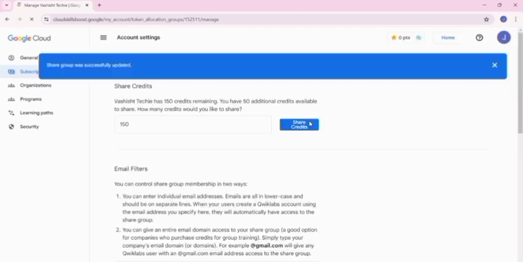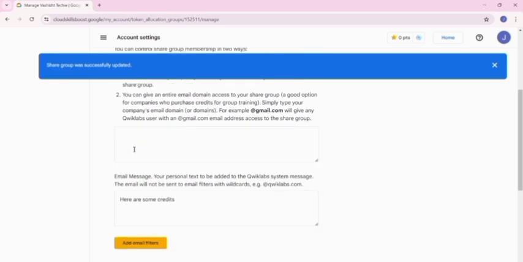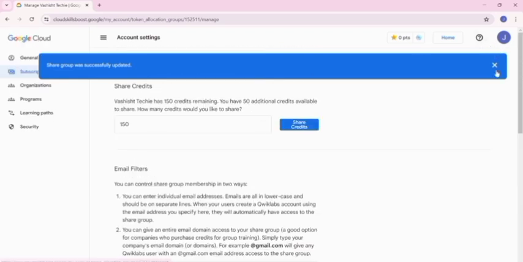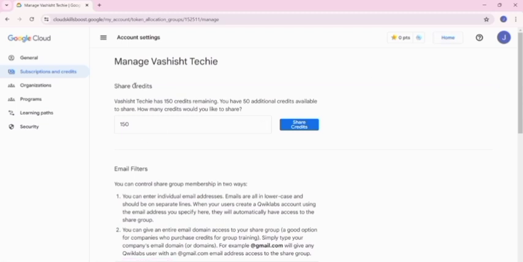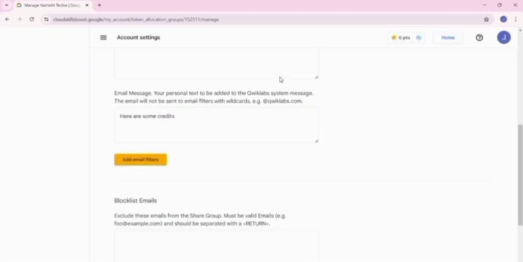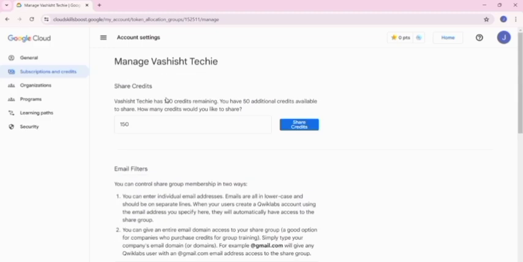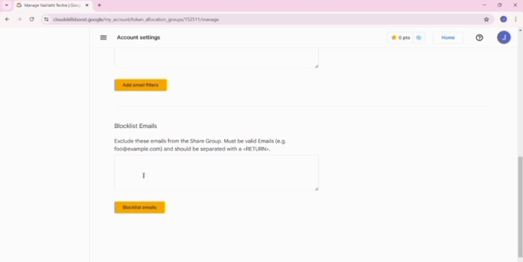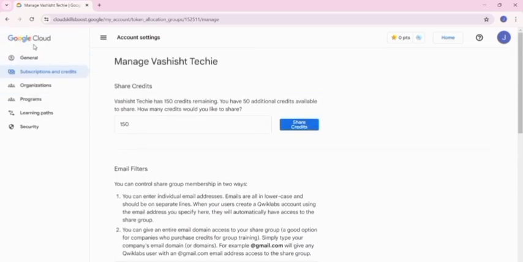This message will be given once you get the checkout box that marks that you have transferred 150 credits to the respective person. If you want to distribute to a different person, then you can again check that placeholder and write according to your preference.